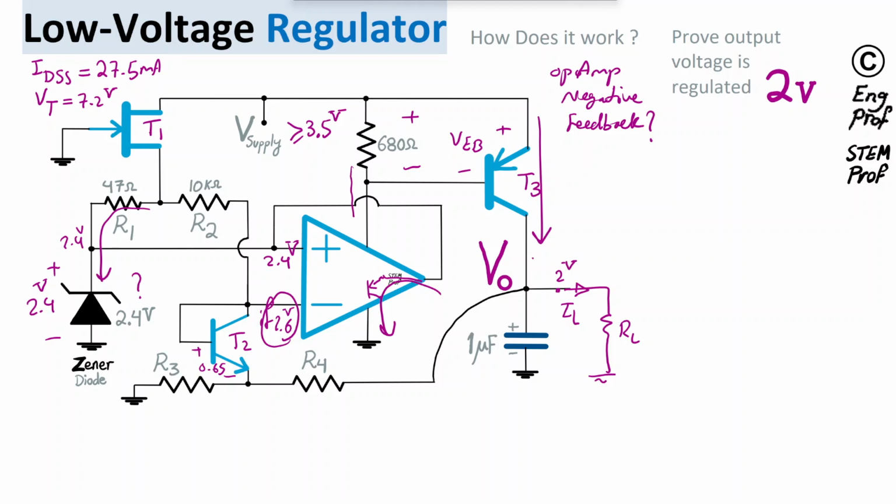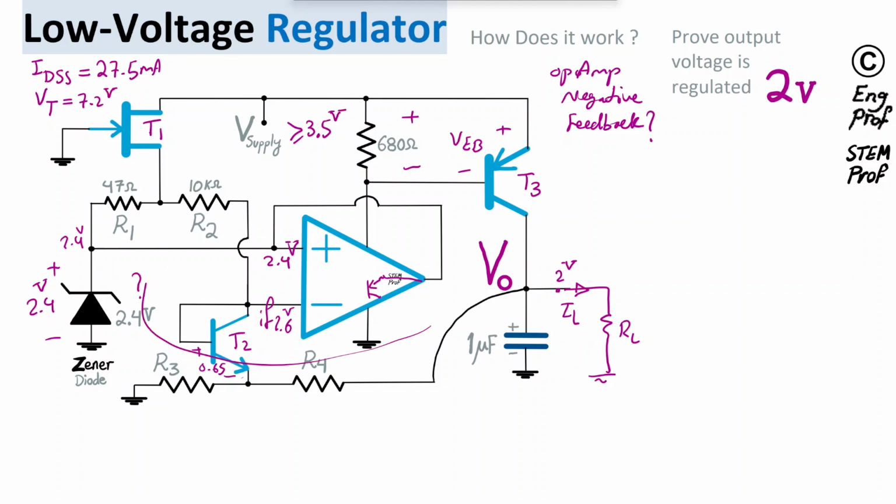And the current through the positive supply will start reducing. So that means the voltage drop across 680 ohms starts reducing. That means the emitter-base voltage of this PNP transistor goes down, and as a result the current goes down, which means the voltage Vout is then immediately pushed to go down, and that propagates to this node, further reducing the collector of transistor T2, which is the negative terminal of the OpAmp. So again, counteracting properly. As a result, it is now shown that we properly have negative feedback in this circuit